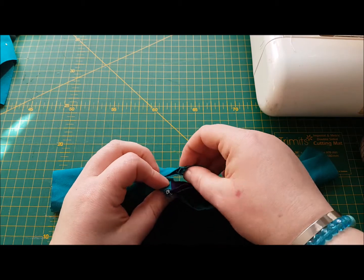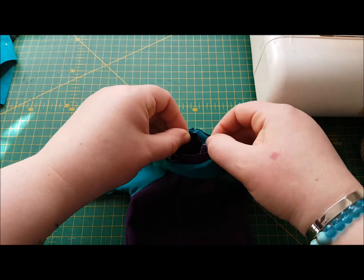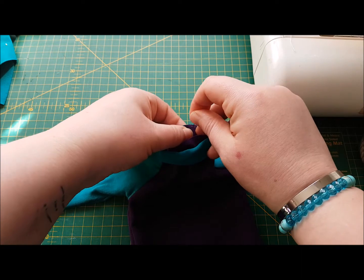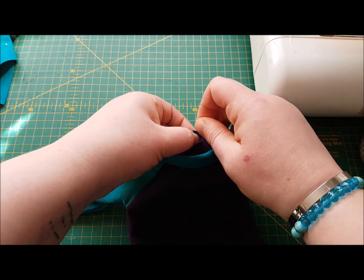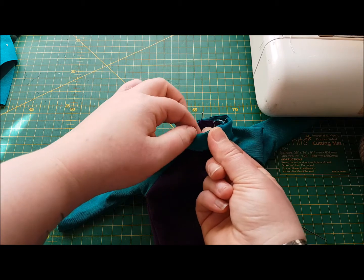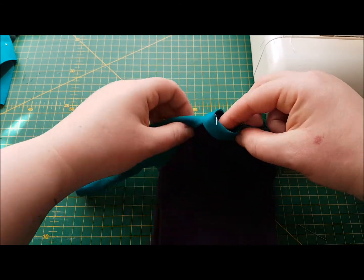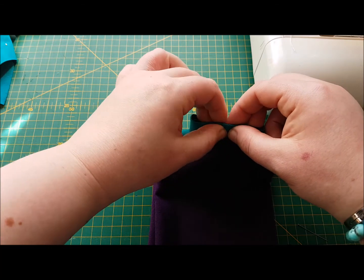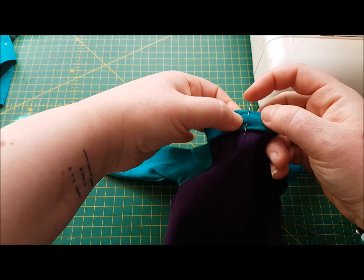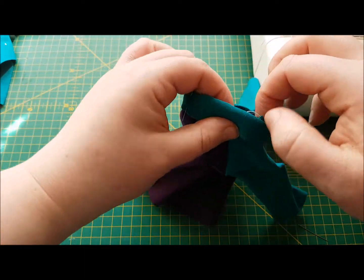So working at the back, we're going to pop that all the raw seams together. So open the neck into a circle, pop that one there at the back, and this time we're going to pin through all the layers, but we're actually going to leave the pins sticking out so the sharp end faces in. The centre front is going to go roughly to the centre front of the raglan top, and again we're going to pin so that the sharp end's facing into the work and the blunt end is not. And then when we get to the shoulders,